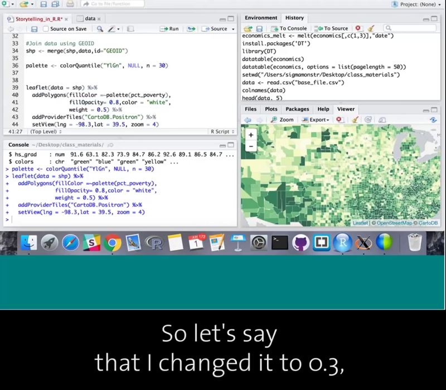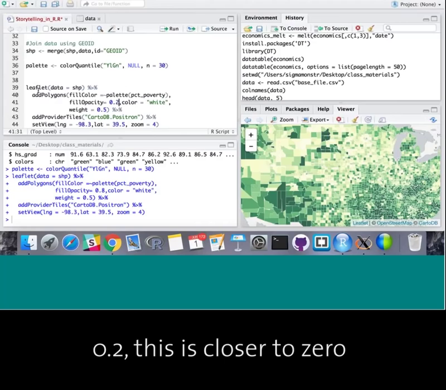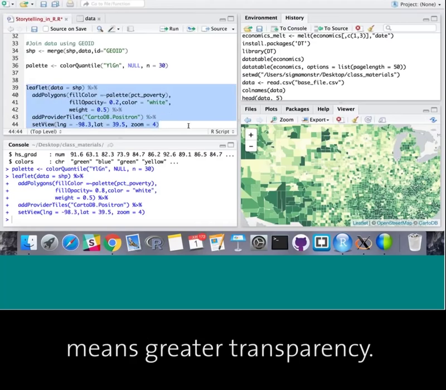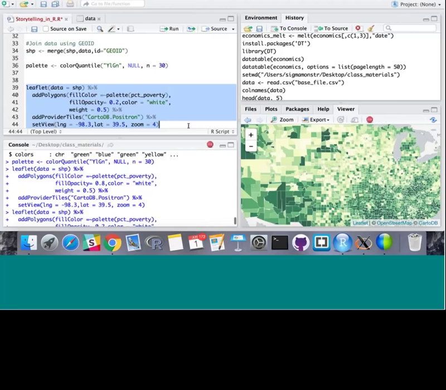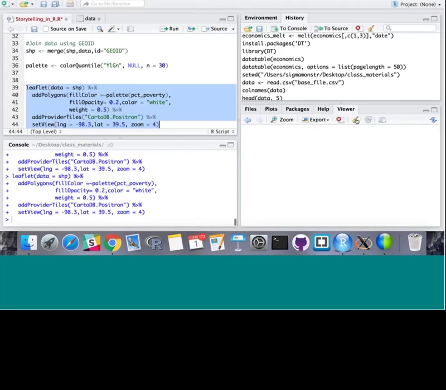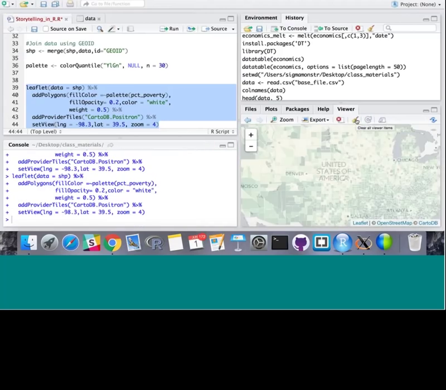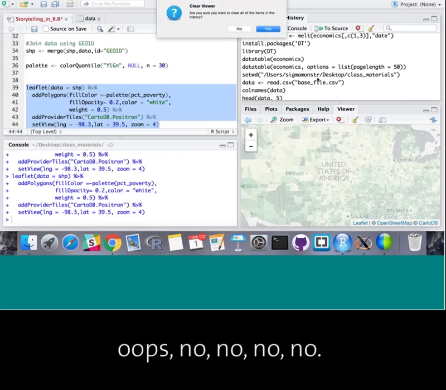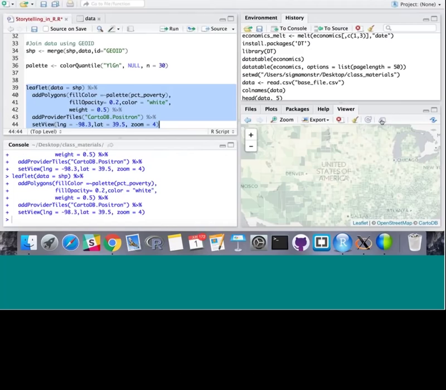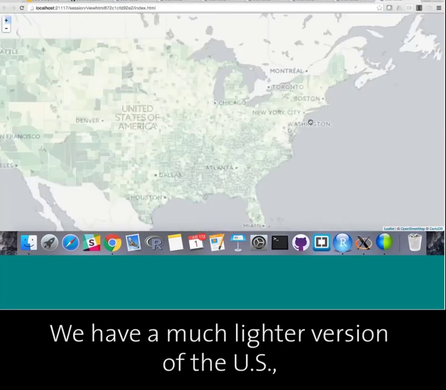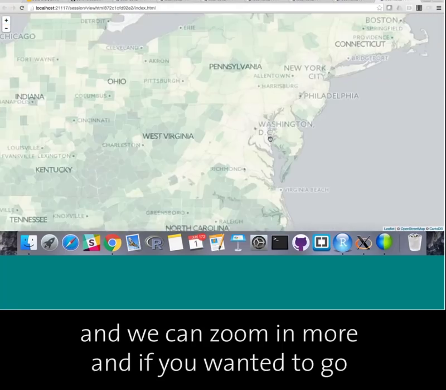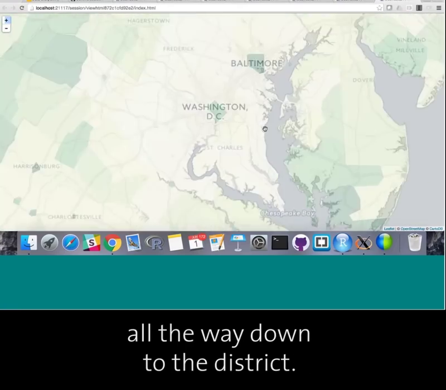So let's say I changed it to 0.3 or 0.2. Closer to 0 means greater transparency. And so we have a much lighter version of the US, and we can zoom in more. And if you wanted to go all the way down to the district,